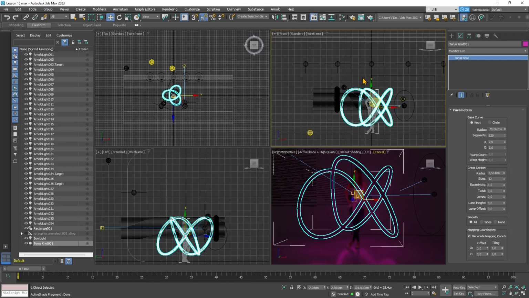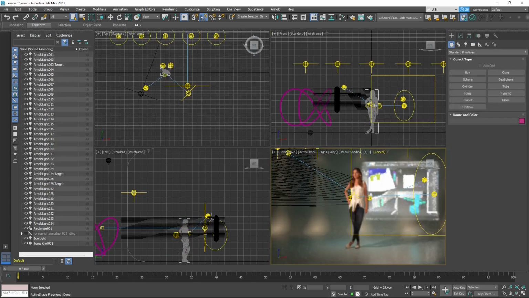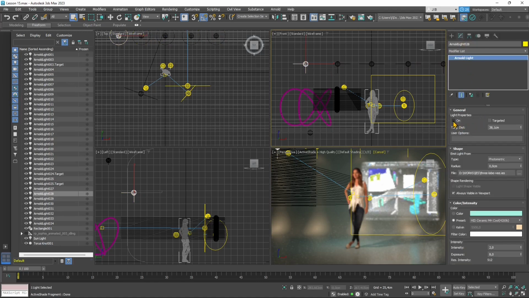And we also created what is called a mesh light, which is a light that is gonna take the shape of an object. So whatever object we're gonna select, that's gonna become an actual light. So we talked about all the different effects that we can have with lights, and also we